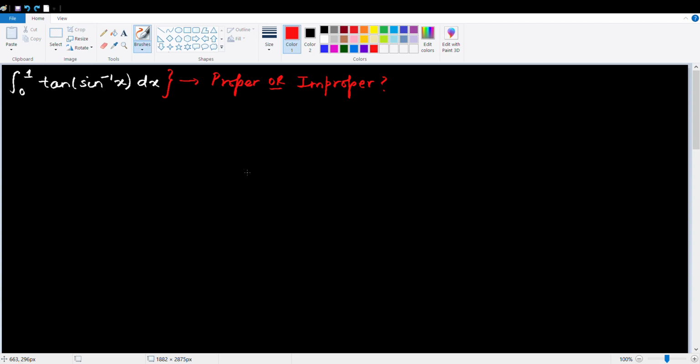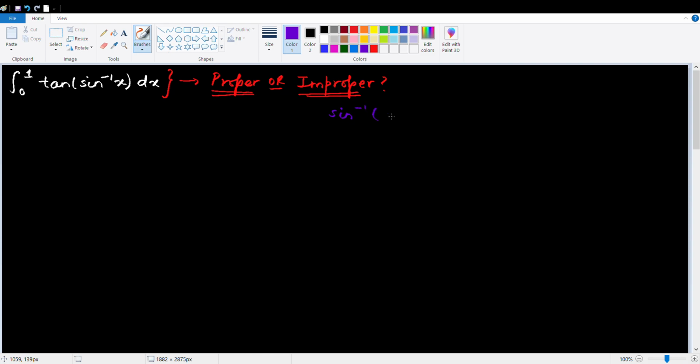Now let's look at this integral. We're supposed to evaluate this integral, but we do not know whether this is a proper integral or an improper integral. So let's look at some weird behaviors of this function. Okay, now we know that